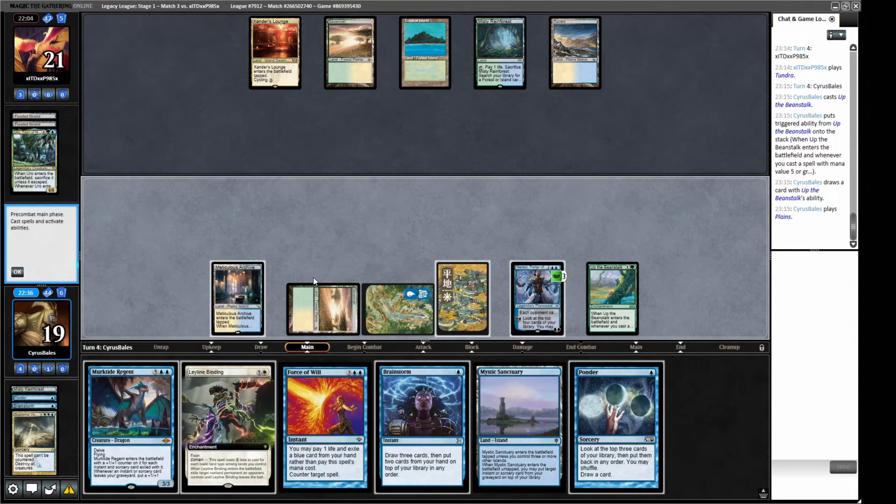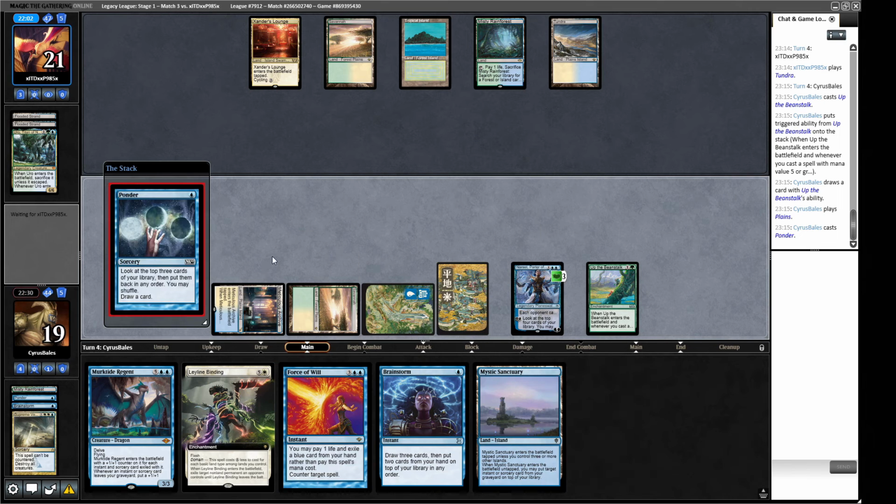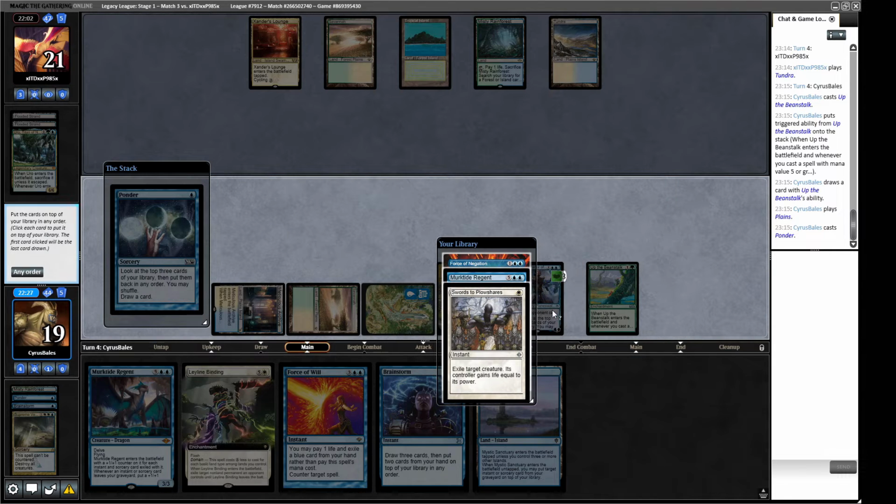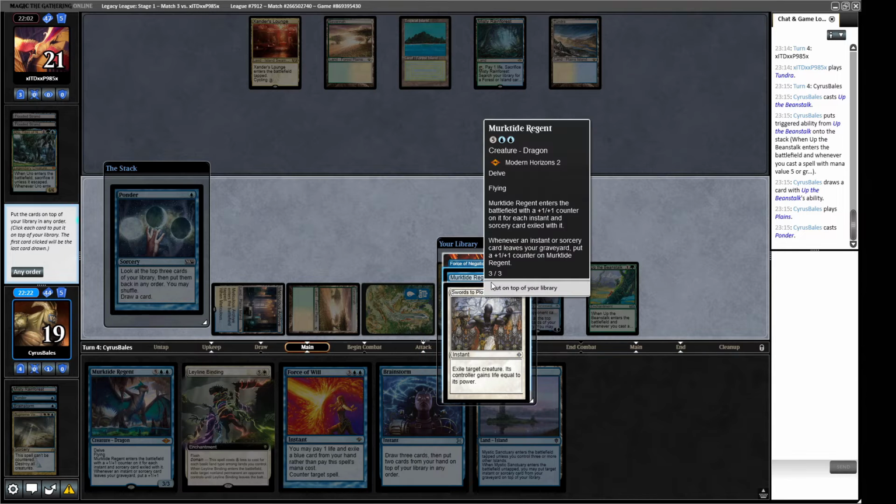Okay, we can play this one out. I think we will cast a Ponder, and we can use the Narset if there's any one of these we want. I would like this Force of Negation, please. So I think we're going to go...